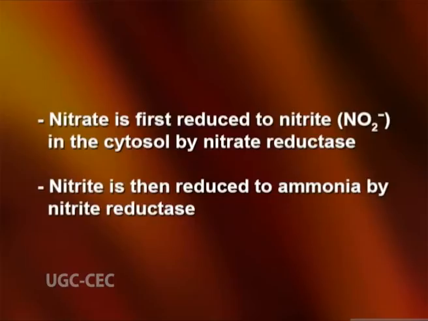Nitrate assimilation accounts for 99% of the inorganic nitrogen assimilation into organisms. Nitrate reduction is carried out in two steps. Nitrate is first reduced to nitrite in the cytosol by nitrate reductase using NADH or NADPH. Nitrite is then reduced to ammonia in the chloroplast and by plastids in the roots by a ferredoxin dependent nitrite